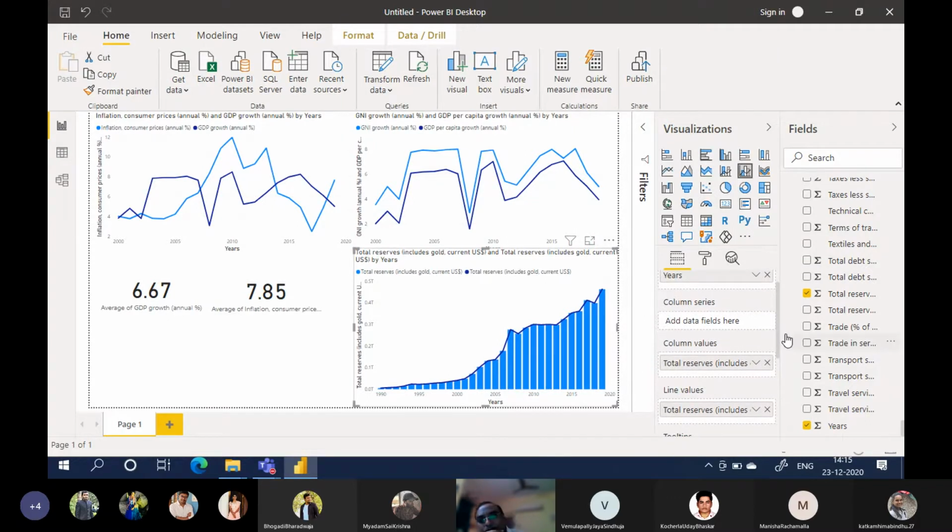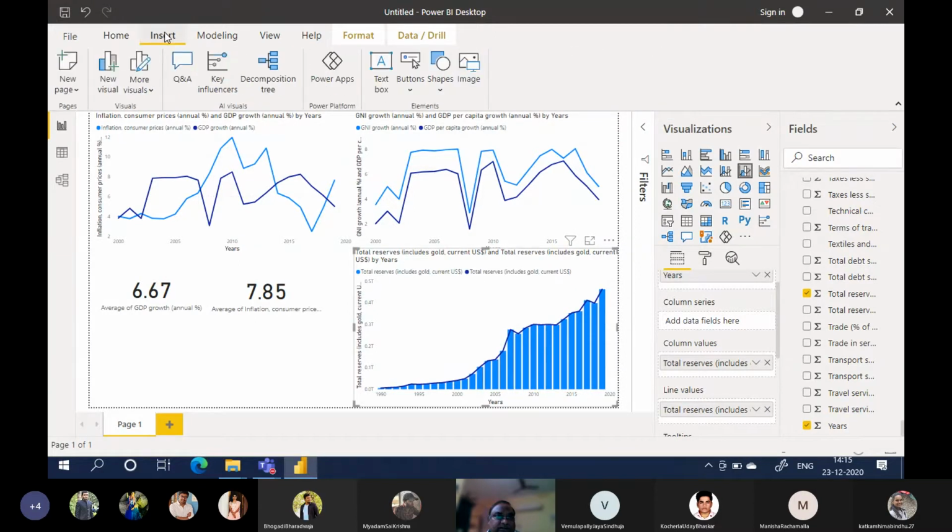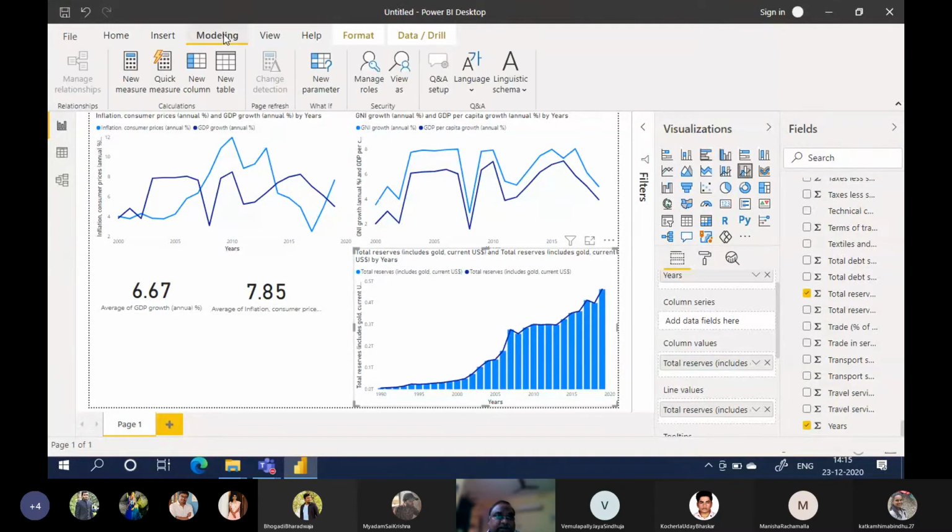Or shall we do year-on-year growth rate? Shall we calculate year-on-year growth rate? Yes, sir. So we will say new measure or new column. Insert, new page, new visual, more visuals, modeling, new column.